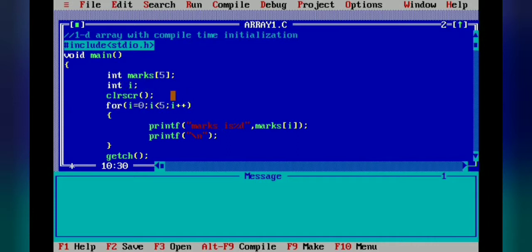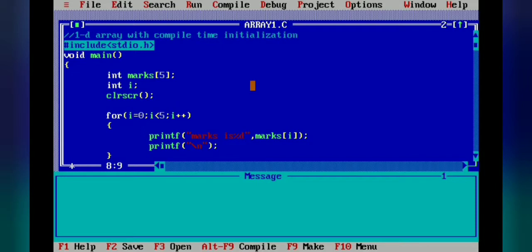For loop, this for loop we have used to print the value. But before printing the value, we have to get the value from the user first. For that also one for loop is required, because we are storing the value in our index number only. So here we will use one for loop to scan that value, and the next for loop to print the value. So that scanf function for loop we are creating now.